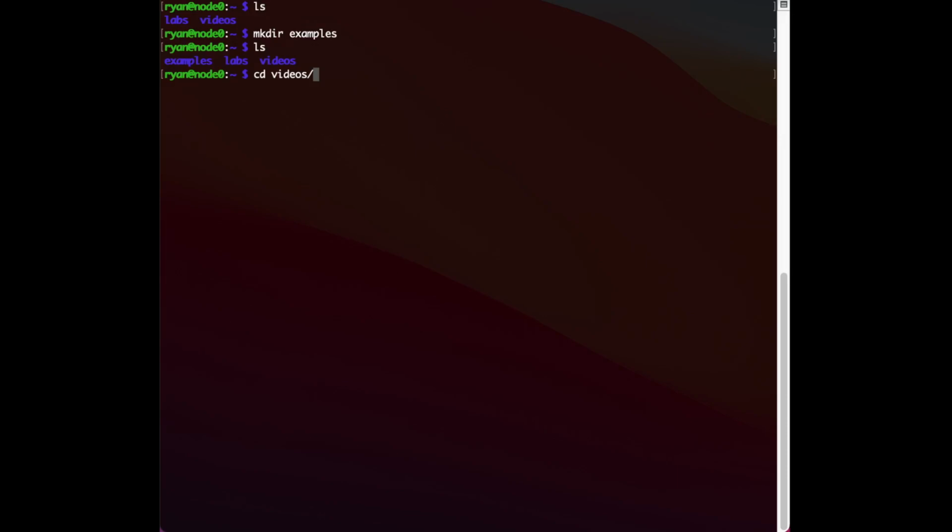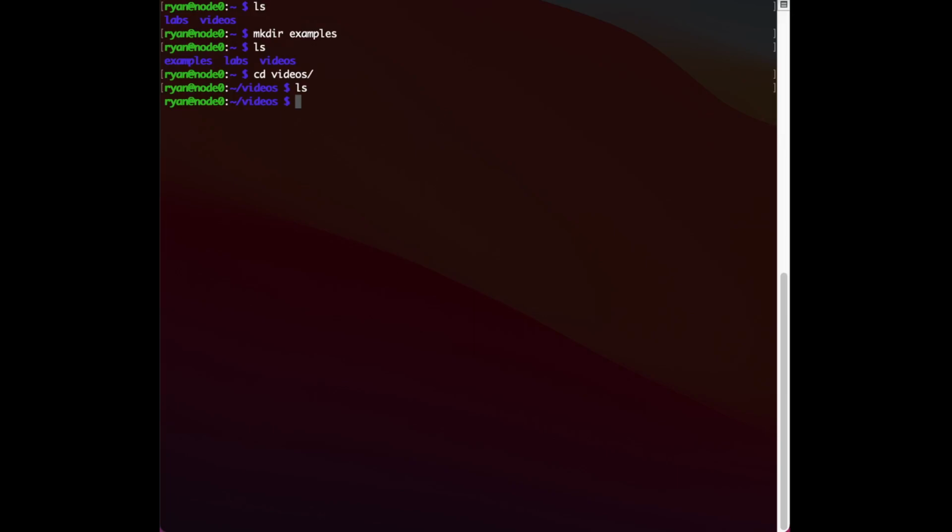One shortcut I just used here is I typed cd and then I put a space and a V and then I hit tab. Since I have only one directory with V in it, the tab filled in the rest of the directory name. Saves you from typing sometimes. You can see that my videos folder is empty, like your examples folder will likely be. Okay, so there's some basic